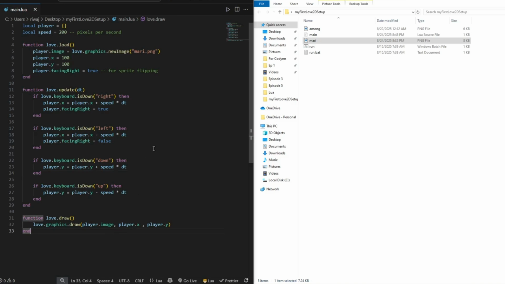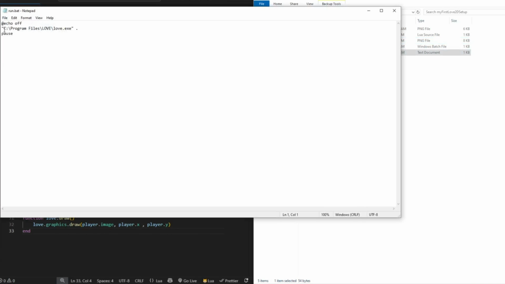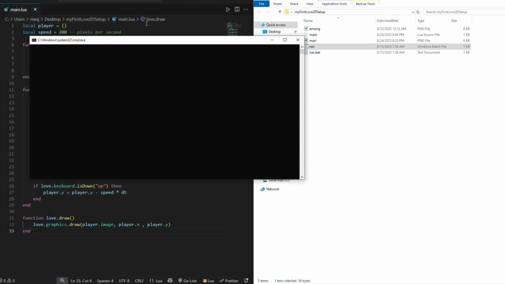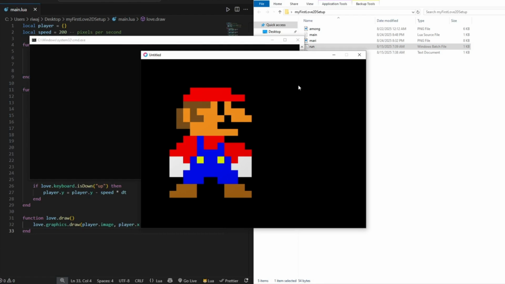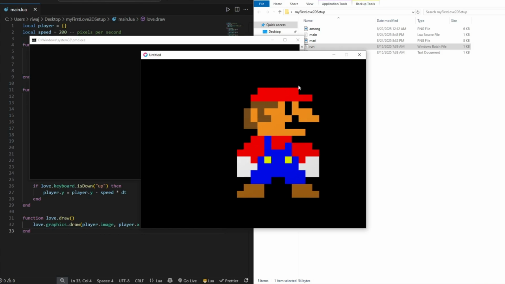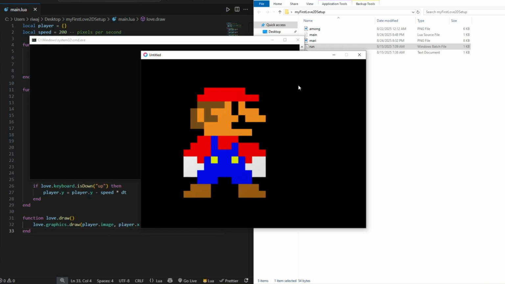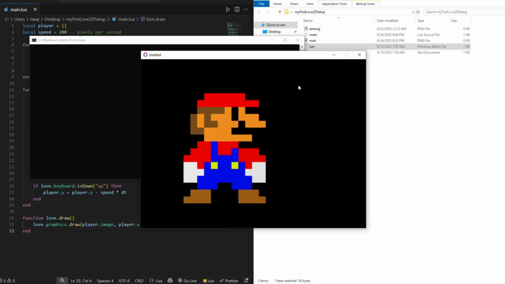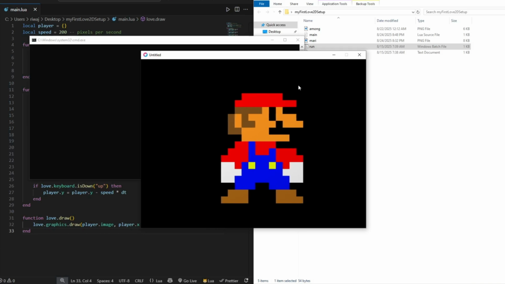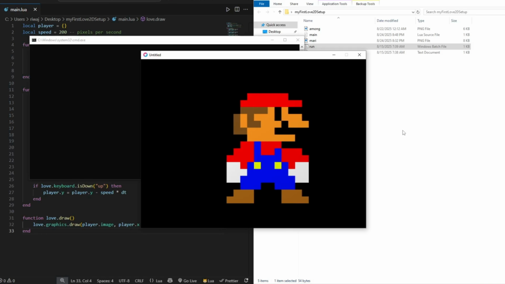I have autosave turned on and execute it with this batch file. And if you're new to our series, this is the batch file containing the location of our love.exe executable file. And if we run this, it will execute our current game. So this is our sprite, our character, our Mario character that is loaded onto the screen. If I press right, it will move right. If I press left, it will move to the left. If I press up, up, and down, down. Now you might notice that this is not flipping. Mario is not facing left or right when I press left or right,